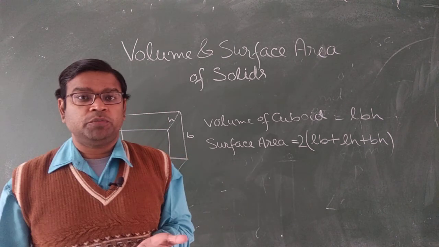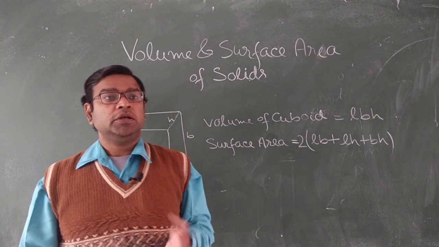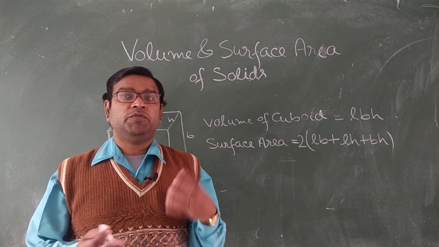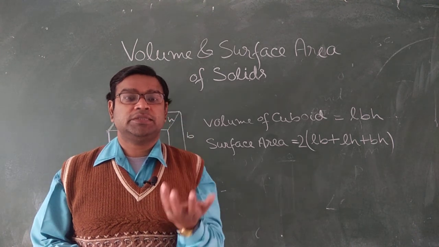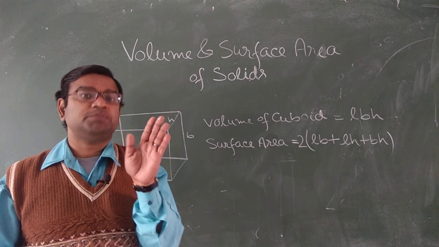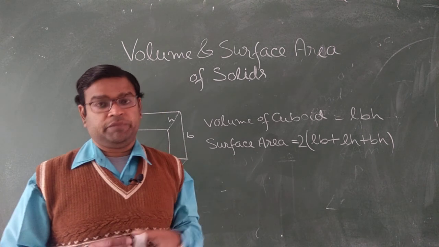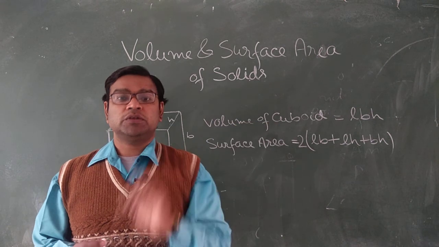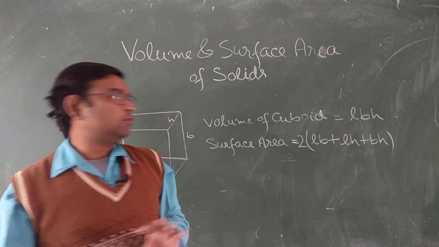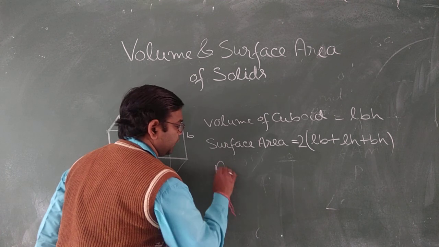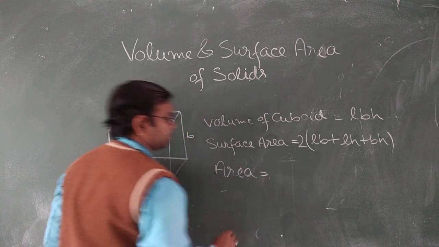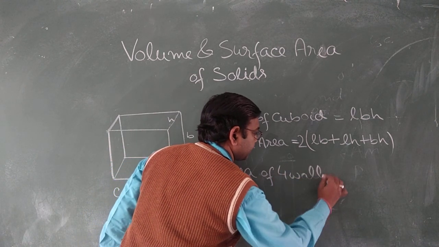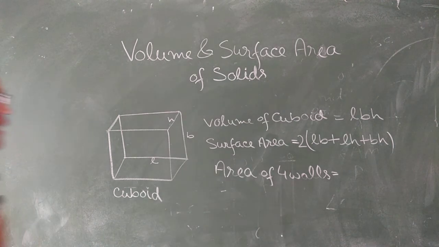The best example for a cuboid is your room. Clear? That room is a cuboid, though it's not solid, but it behaves like a solid. If we assume that inside the room there are some solid things, then your room is a perfectly solid or perfectly cuboid figure. Sometimes a question asks you, what is the area of the 4 walls of a room? How do we find out the area of 4 walls? It's very easy. We simply find out the area of the walls, which is also known as your lateral surface area.